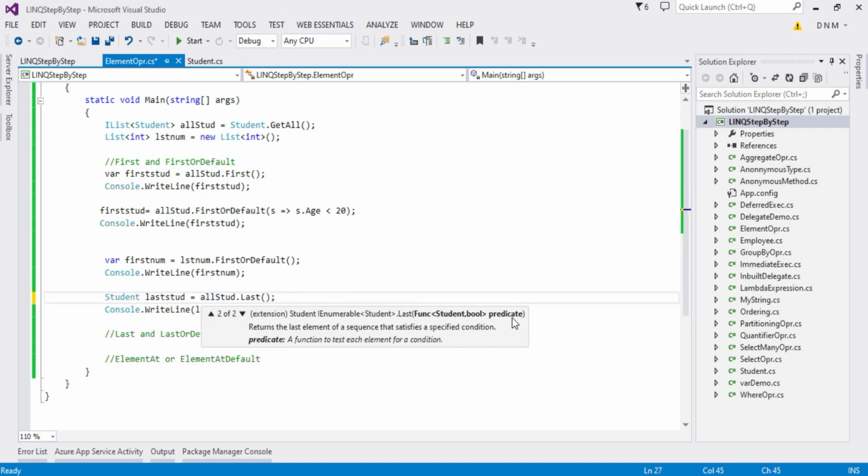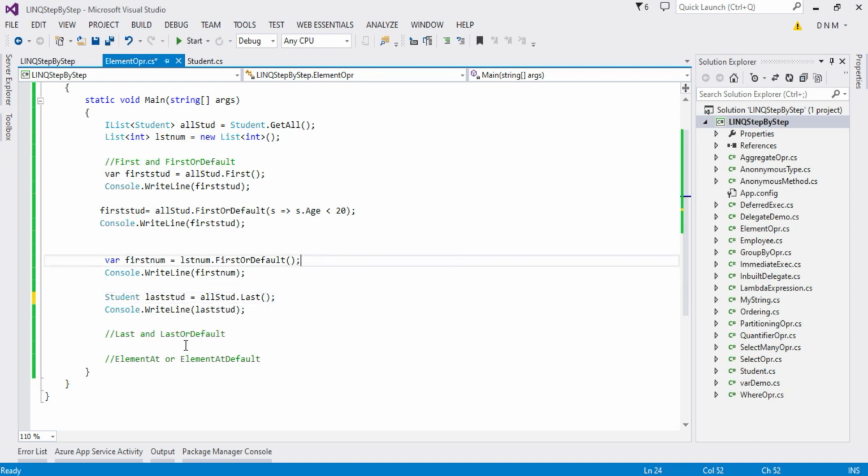If you specify any predicate or condition, your collection first gets filtered, and from that filtered collection it will give you the last value. And again, if your filtered collection is empty, in that case it throws an exception. So in that case you go for LastOrDefault.